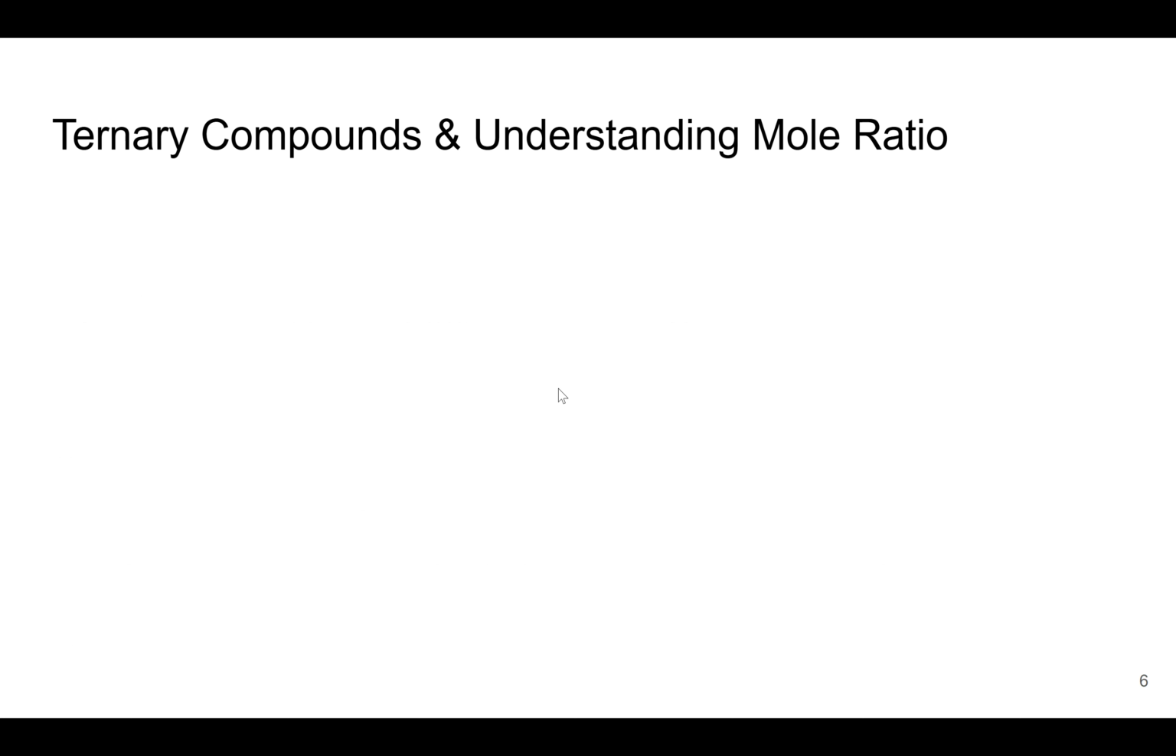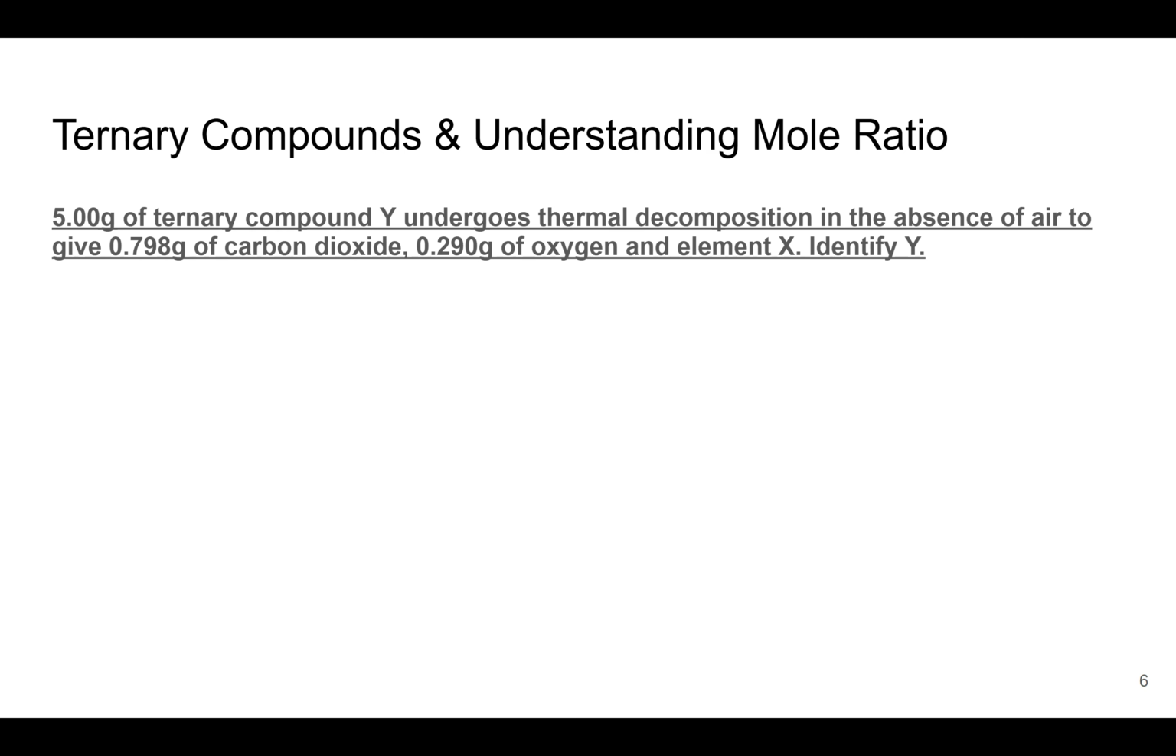Now, having dealt with binary compounds, let me move on to something slightly more complicated, and that's ternary compounds. Ternary compounds are just compounds that are made up of 3 elements rather than 2. So you have one more than binary compounds. And using ternary compounds, I am going to demonstrate how we can use mole ratio to help us elucidate compounds. So in this example, we have 5 grams of ternary compound Y, and it undergoes thermal decomposition in